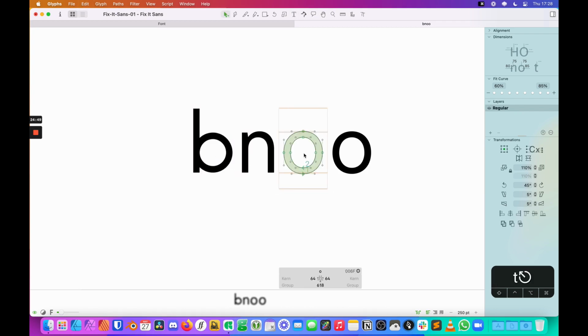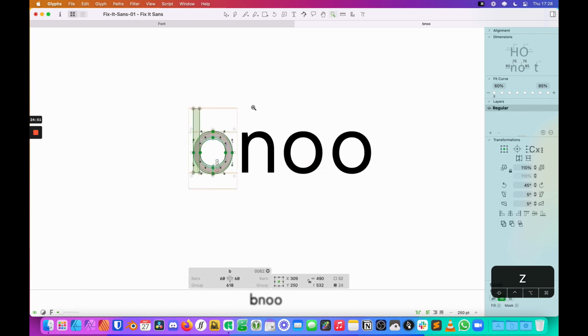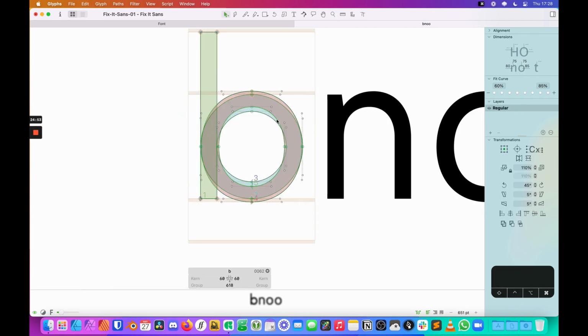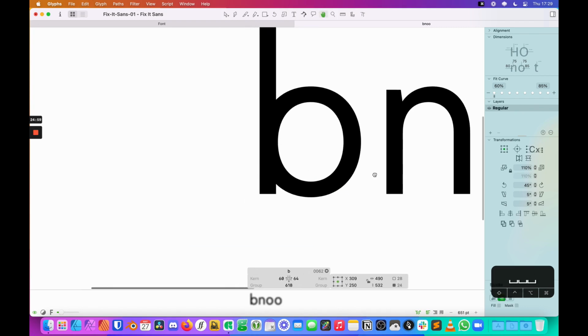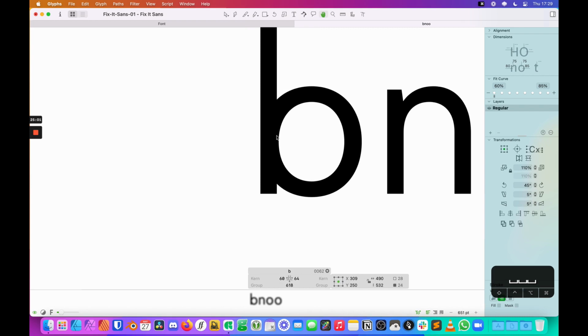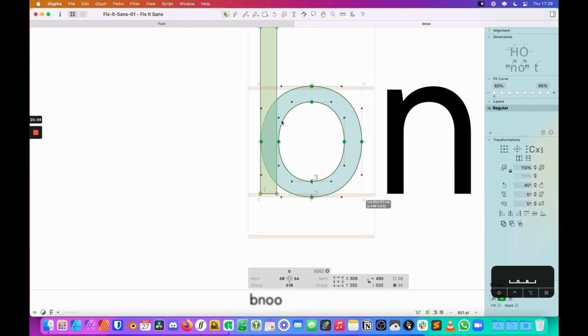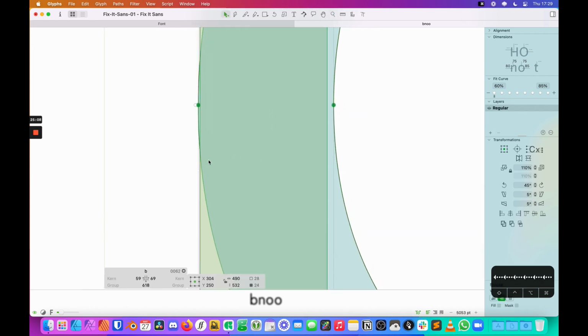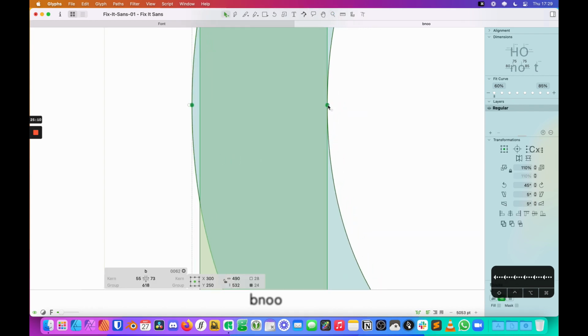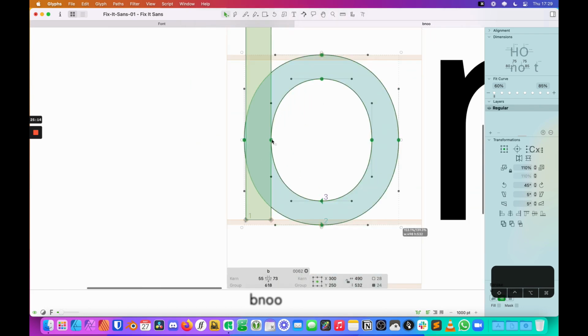Since I do have the B up, I could go ahead and grab the O and put that in. Actually, before I paste it, I'm going to delete the old one there. And similar to the N, we're going to make a couple changes here. The first thing I'm going to do is zoom in a little bit, and line up the inner point on the left-hand side of the O with the edge of the stroke there.